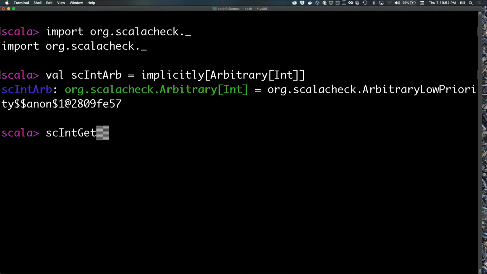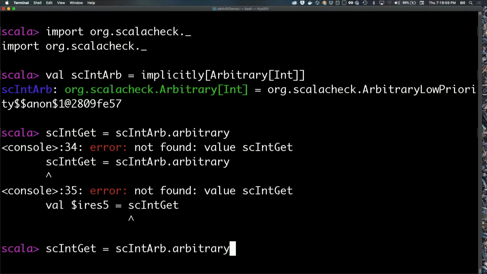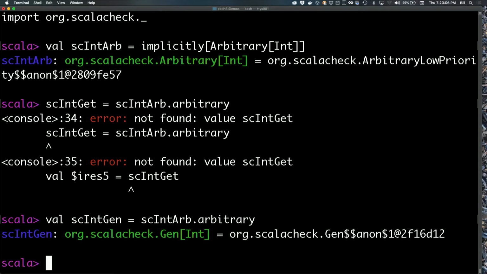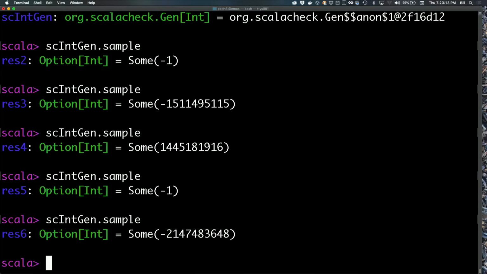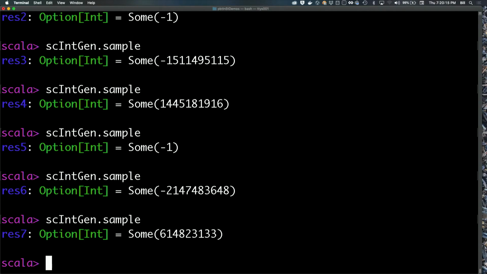So then I can say the generator is just called the arb.arbitrary. All right, and now I got a generator. Oops, I forgot to say val. Okay, now I got a generator. So now with that guy, I can say sample, and you can see some ints. This is an int generator. Okay. So it's a minor difference, but for ScalaTest's generator, what you say is just val stIntGen equals